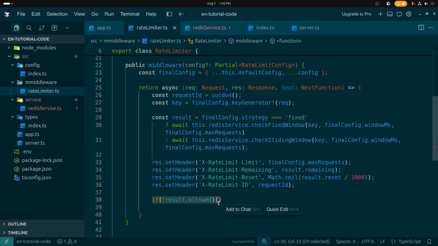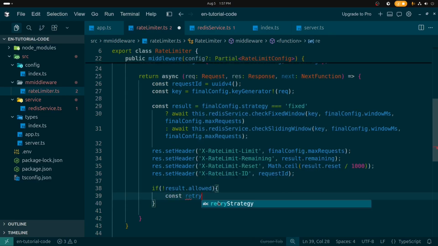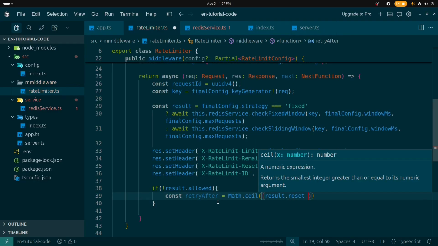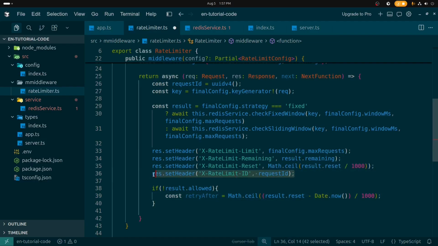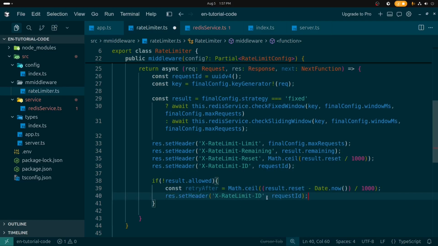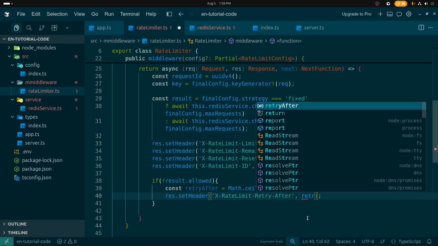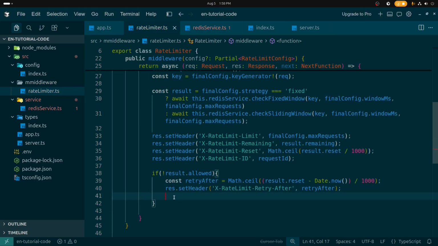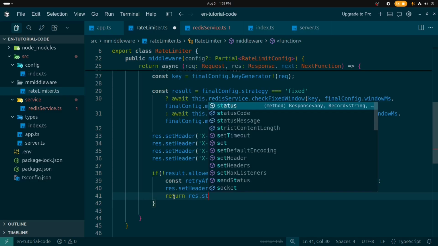If the user has exceeded the limit, we block the request. We calculate how long they need to wait. For that, let's create a new variable, retryAfter, Math.ceil. In here, result.reset minus Date.now, and after that we are going to divide it by 1000. Then we are going to set header. Let me just copy this and paste it here. X-RateLimit-Retry-After, this will be Retry-After. From here we'll return res.status